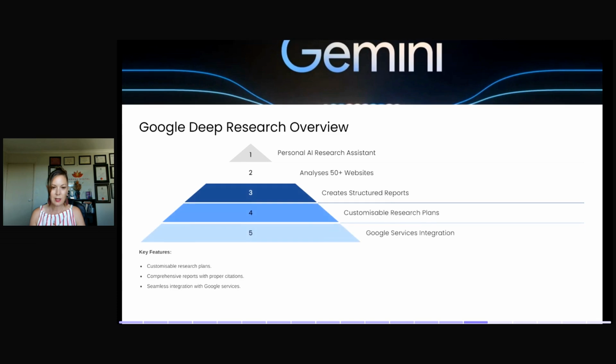And so my other thing I wanted to share with you is Google Deep Research. I was very impressed with this. What it can do is you can give it a topic and then it will go off on the internet and gather sources, analyze those sources, and come back with a detailed, comprehensive report based on that topic and list all the sources as well.